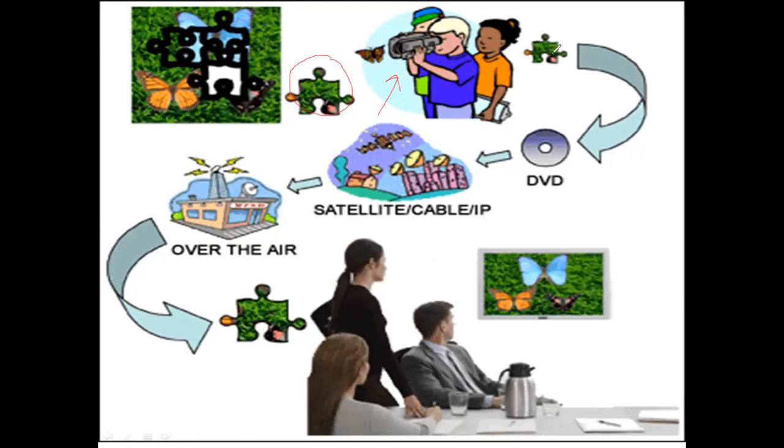Then what we can do is convert it into some kind of recording memory, right? We have some memory over here, or we can also communicate it with some kind of internet protocol, with some kind of cables, satellite, over air, right? And then we are able to see it at the place where we are, or where we want to see it, right? So this is also one kind of application, you can say, of networking, where we can make use of the things which we have, and we can communicate over a distance, right?